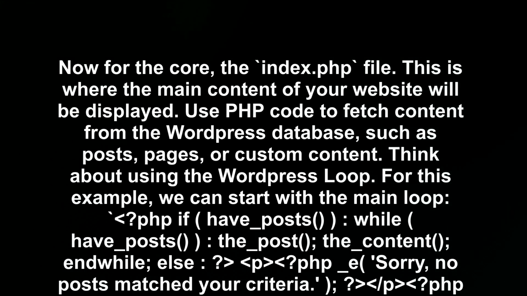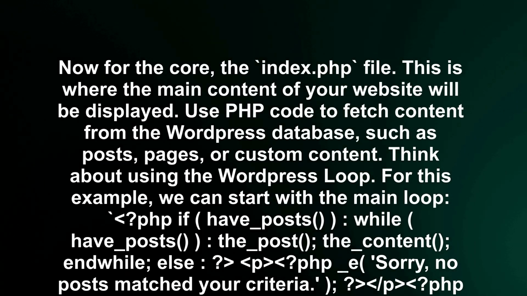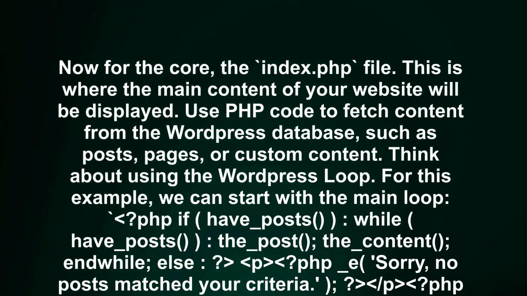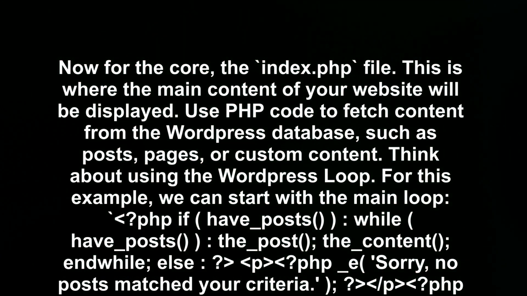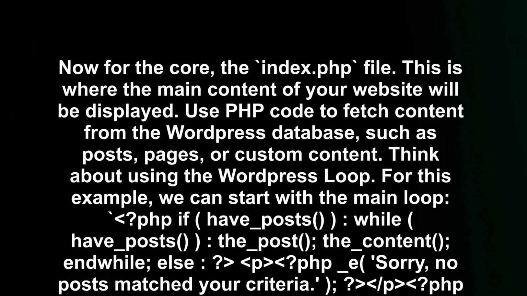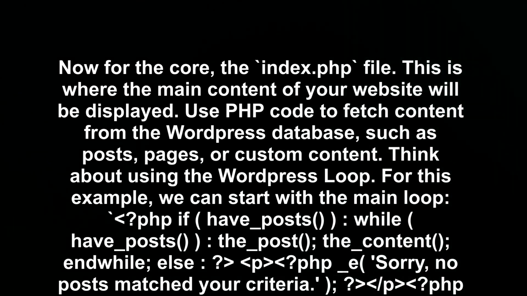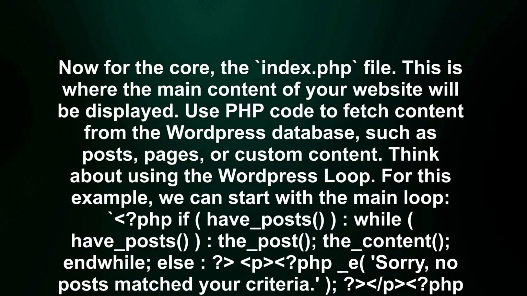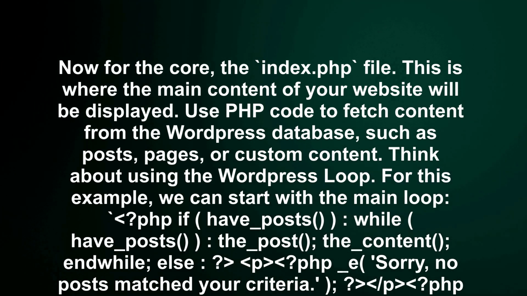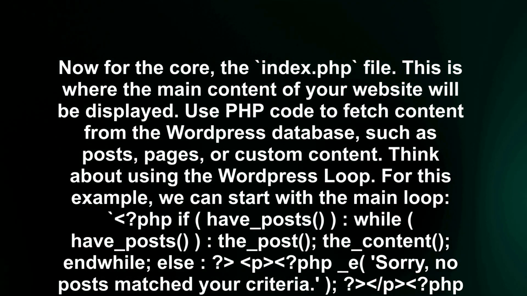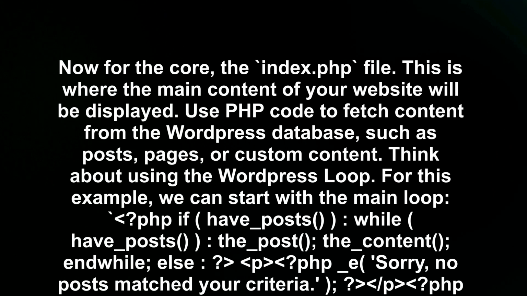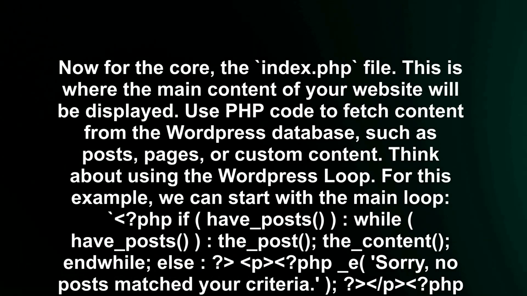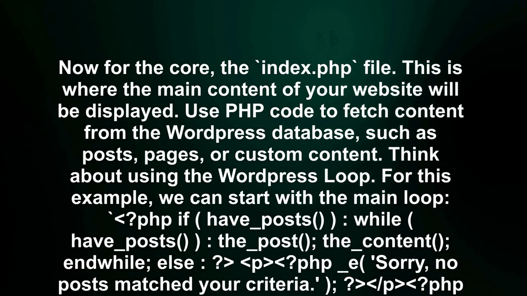Now for the core, the Index.php file. This is where the main content of your website will be displayed. Use PHP code to fetch content from the WordPress database, such as posts, pages, or custom content. Think about using the WordPress loop. For this example, we can start with the main loop: <?php if (have_posts()) : while (have_posts()) : the_post(); the_content(); endwhile; else : ?> <p><?php _e('No posts match your criteria'); ?></p> <?php endif; ?>